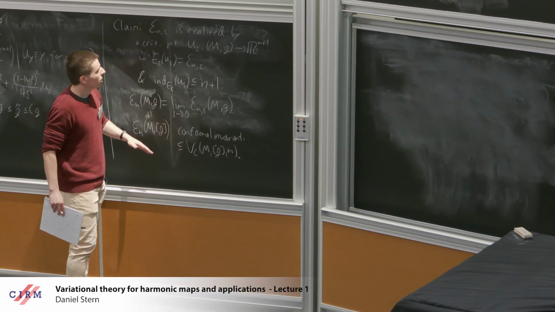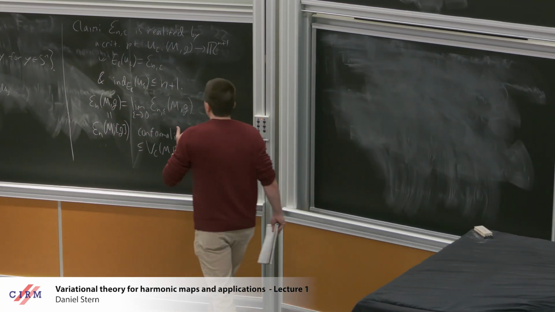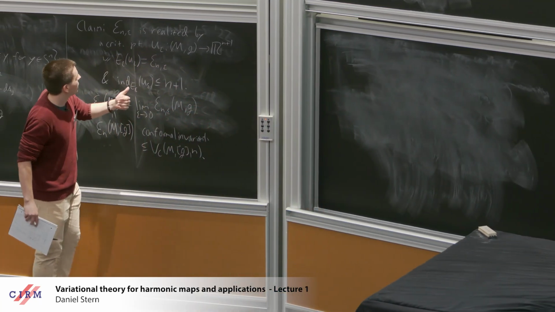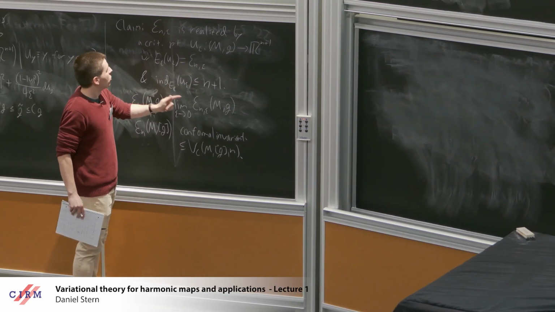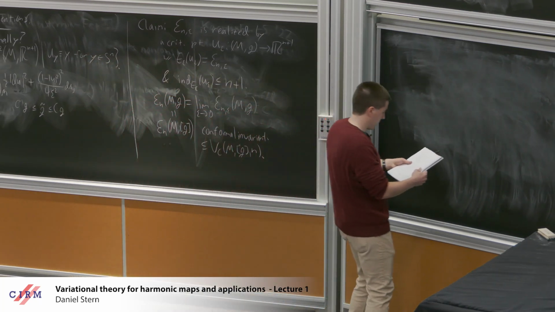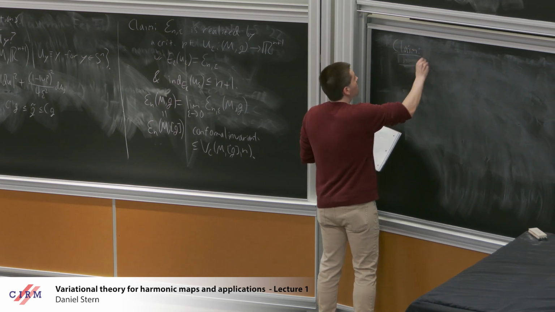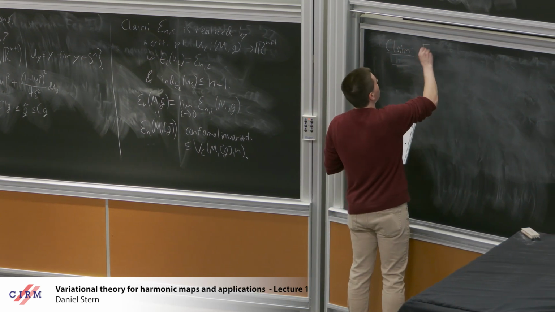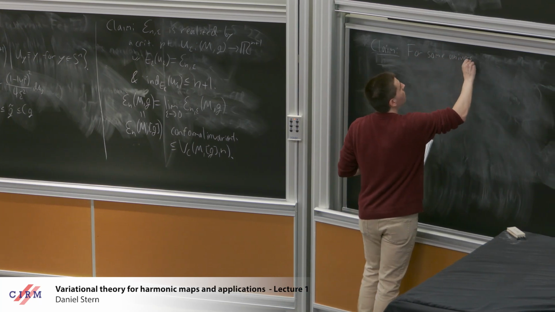So it turns out we can streamline that dramatically, and using the index bounds just at the epsilon level intelligently, we can rule out bubbling as epsilon goes to 0 and n gets large altogether, just using the index bound at the epsilon level. So maybe I'll sketch out a little bit of that. So claim, so for some universal constant c,